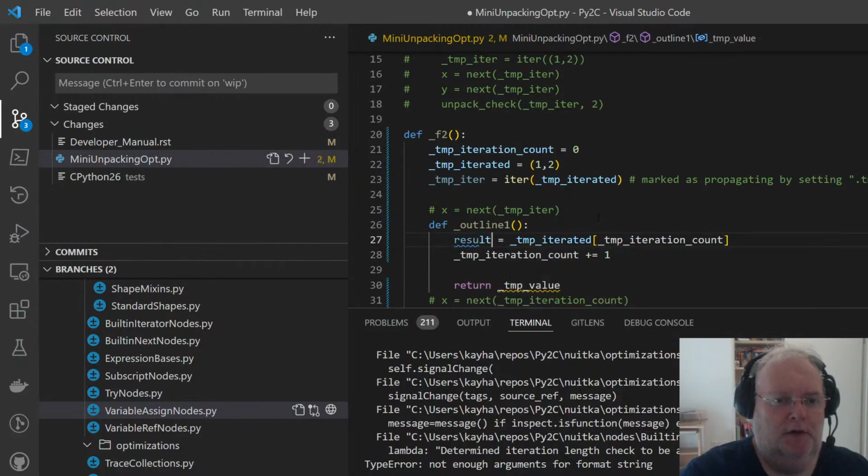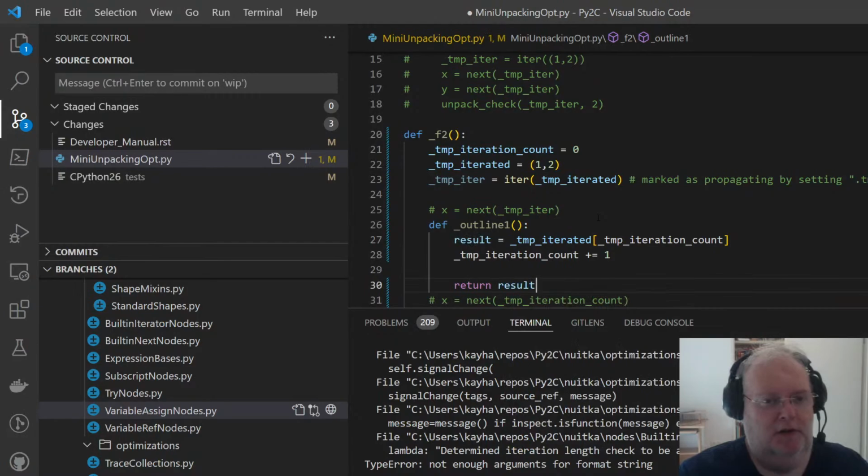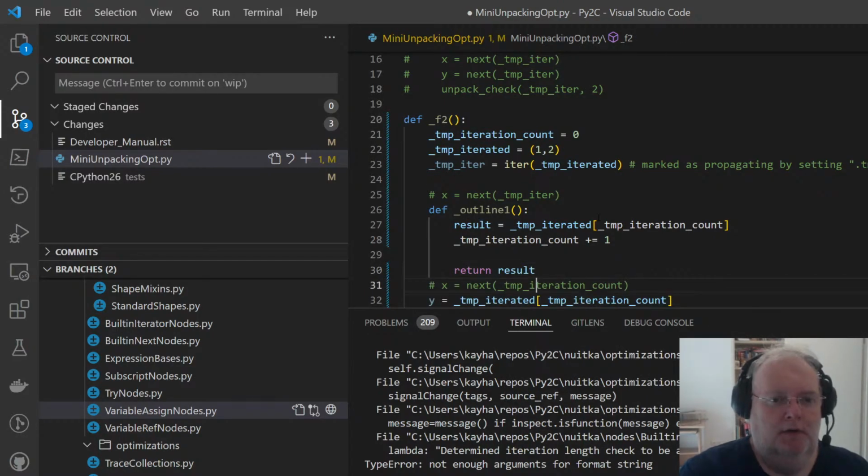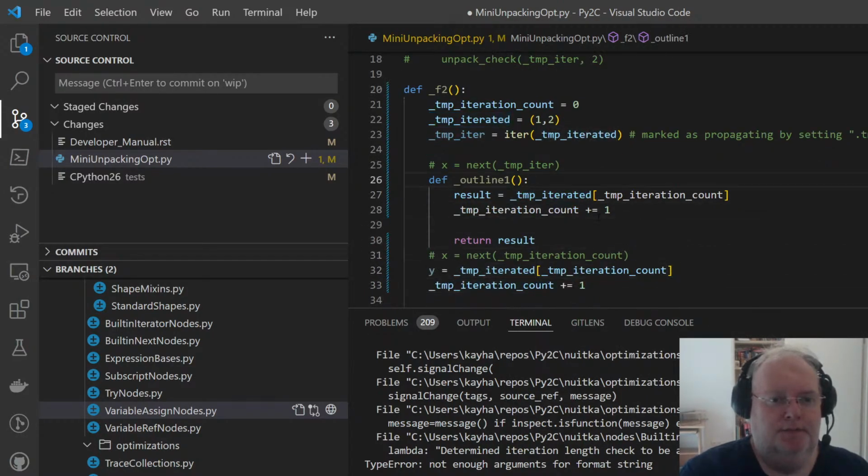Let's call it result. In the outline, they share it. It's a unique value, but for clarity, and I think I will have to describe this new style iterator optimization in the developer manual clearly.